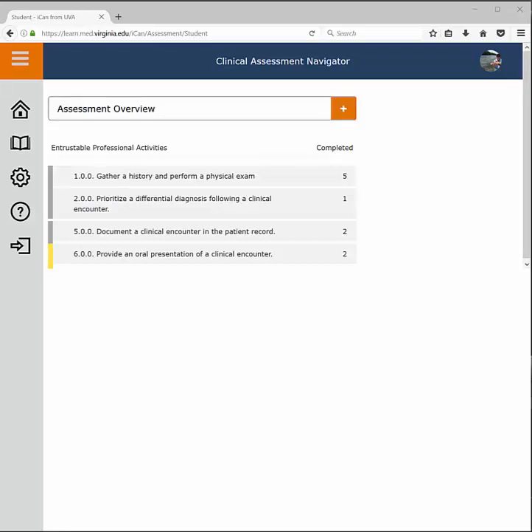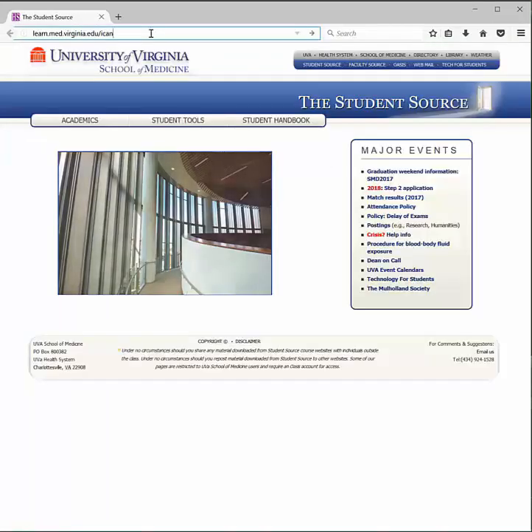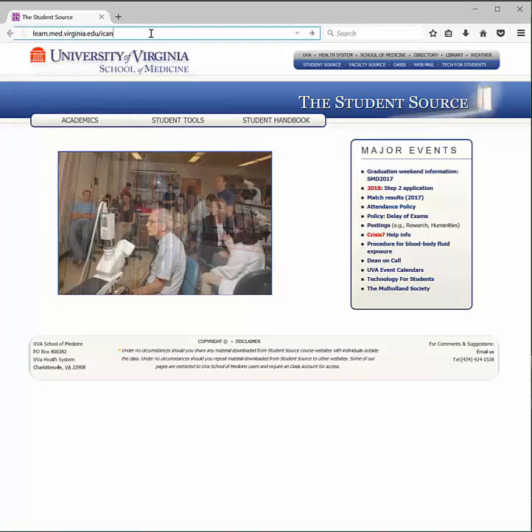The EPA module within the iCAN tool has been designed to facilitate an assessment and hopefully a discussion of an observation that a faculty or resident makes of you demonstrating one of the entrustable professional activities, or EPAs, in the context of a patient encounter. The iCAN application is available to you at